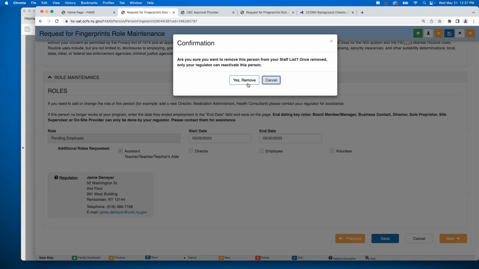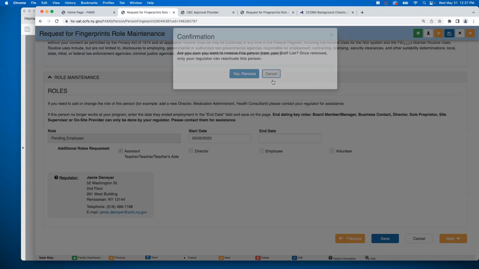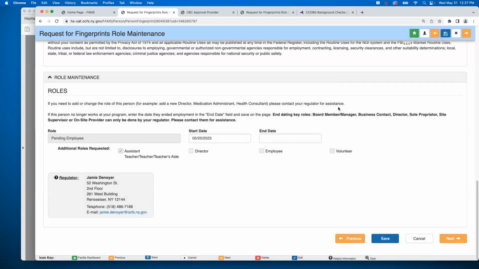Good question, Terry. I'm going to call on OCFS here. So if somebody is associated with multiple programs, do they need to do this for each of the programs or once, or will expunging them from program A also expunge them from B, C, and D? They have to do it from each. Great. Thank you, Melissa. I appreciate that. So somebody could have stopped working at site A, but not site B. So you will need to go in and do that for each of them.